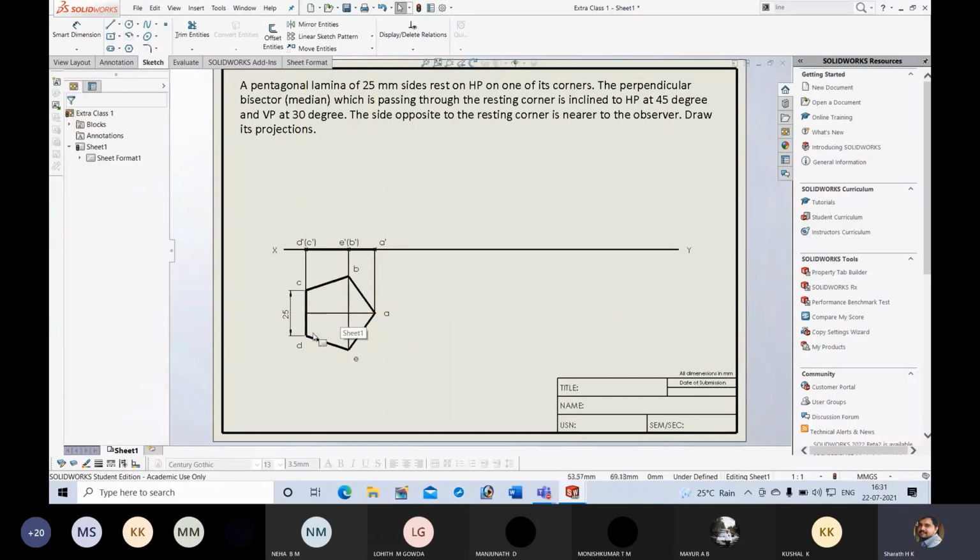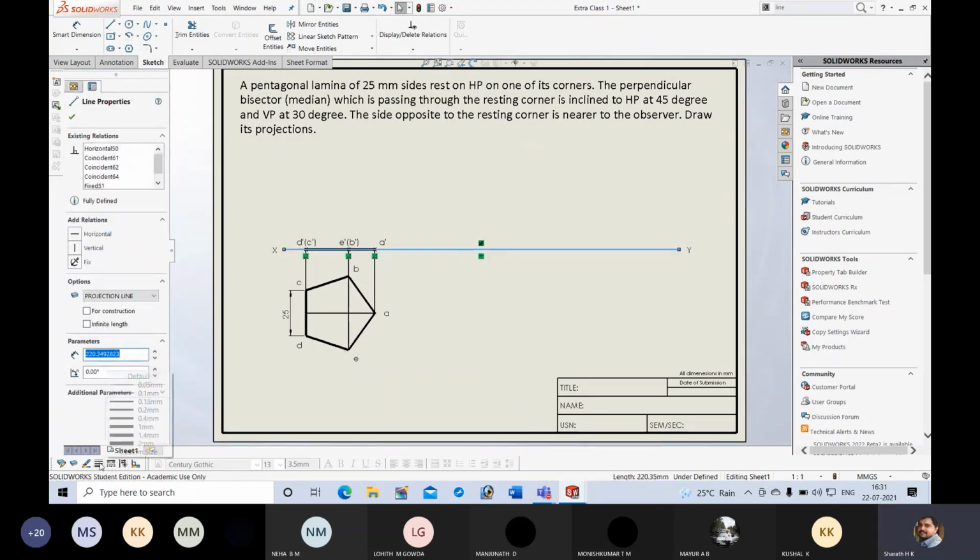This line divides the pentagon into two equal parts, and it is perpendicular to this side. Now if I make this front view inclined at 45 degrees, automatically this perpendicular bisector will also make 45 degrees with HP.